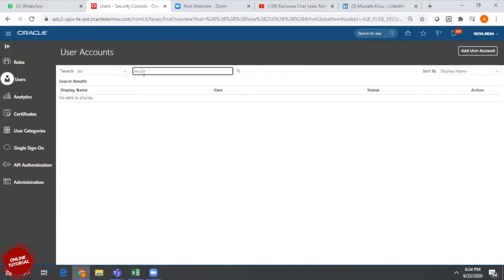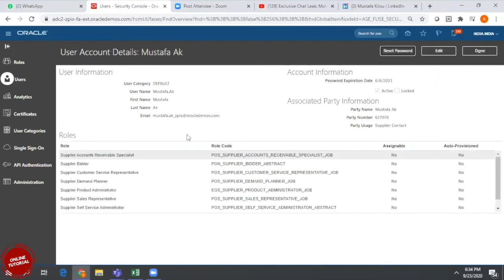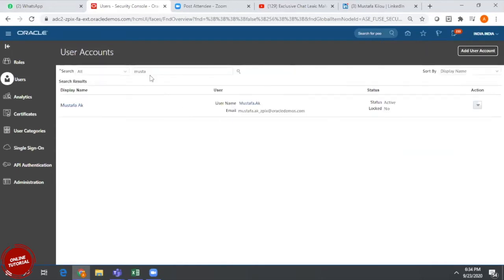So you can see it here. Mustafa AK. So you wrote it properly. You wrote my name wrongly, that's why. Let me go with 1 minute. Yeah, I can change this. Click on done. Let's go and verify.